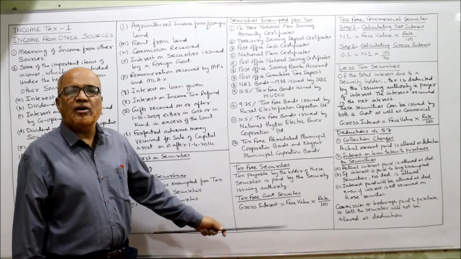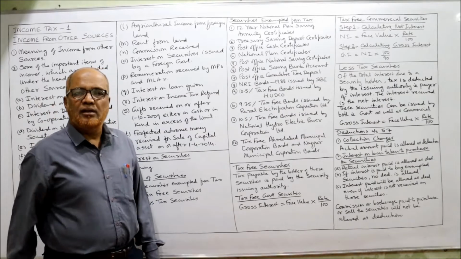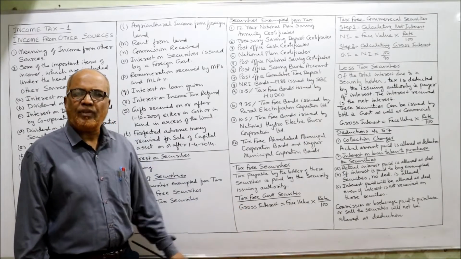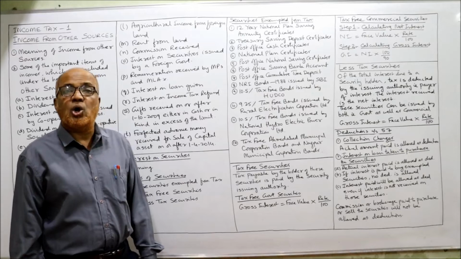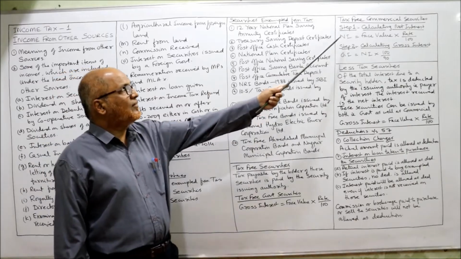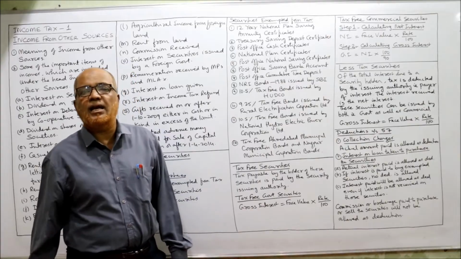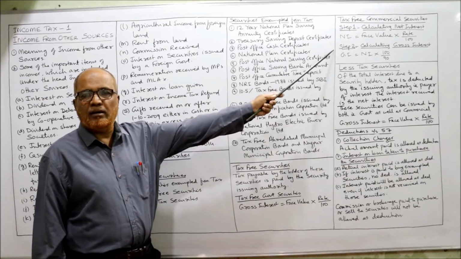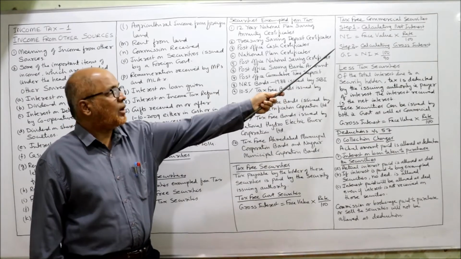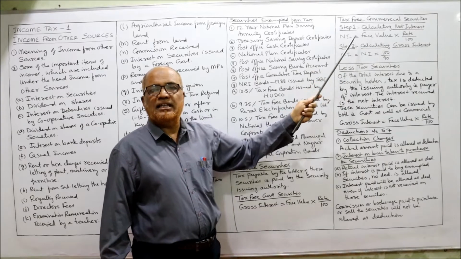First of all, tax-free government security. If you find in the problem it's a tax-free government security, then gross interest is equal to face value into rate by 100. This formula we apply to find the gross interest. Suppose it's a tax-free commercial security, then in 2 steps you have to calculate gross interest. Step number 1, calculating the net interest (NI). The net interest is equal to face value into rate by 100.